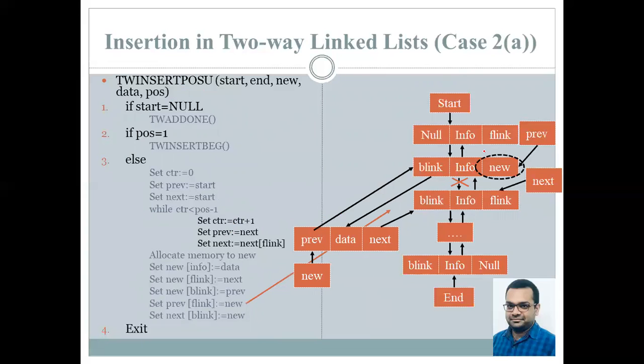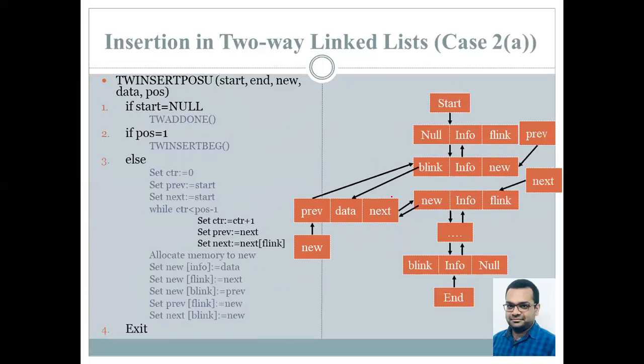So you can see over here, this earlier had some other value, now it becomes new. So you can also see over here, this link is broken and this new link is established. Now we assign next's backward link equal to new. So therefore you can see this backward link gets the address of the new. This link which earlier existed in the two-way linked list is now broken and this new link is established.